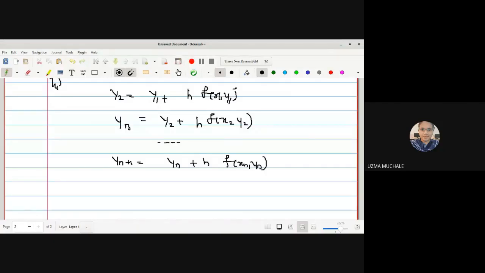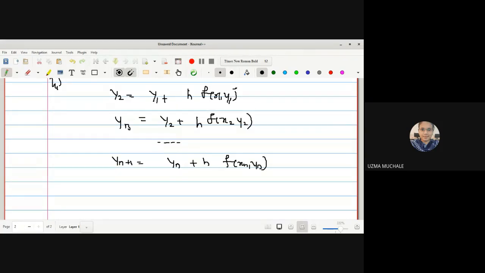No, ma'am. If not, let me go for solving one or more examples, and after that we'll go for Euler's modified method, and then we'll go for the Taylor series, the solution of any differential equation by using the Taylor series.